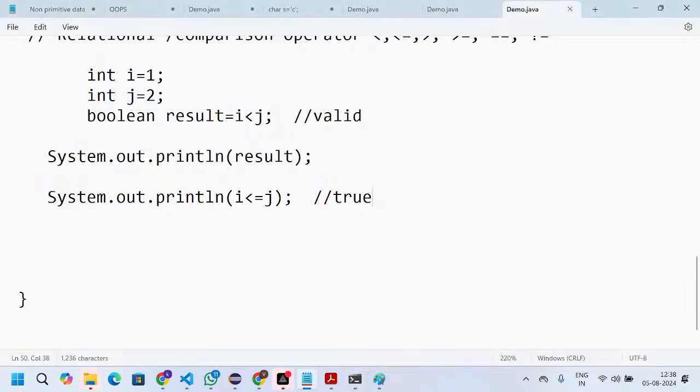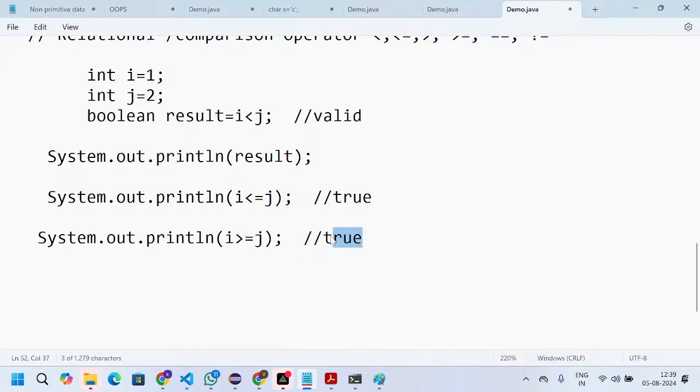So for the remaining ones also, if I take this one, we're comparing the values. i is holding one value and j is holding another. We are comparing which is the bigger one and which is the lesser one. Now the same thing, if I mention greater than, we will get false.